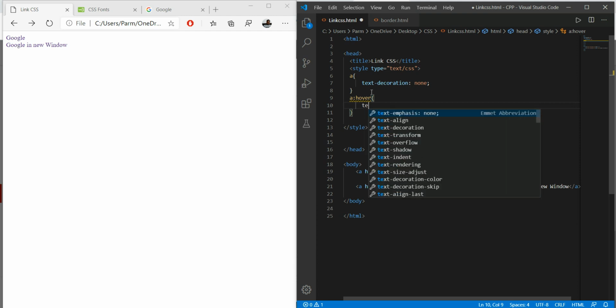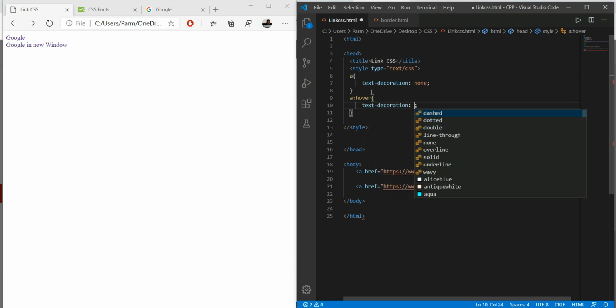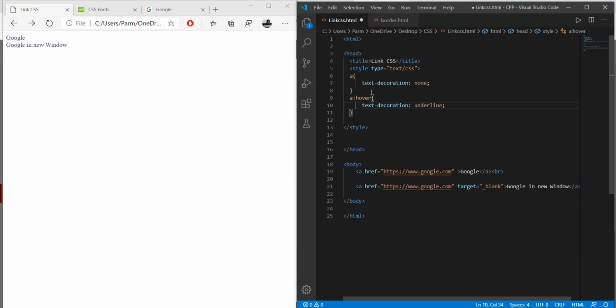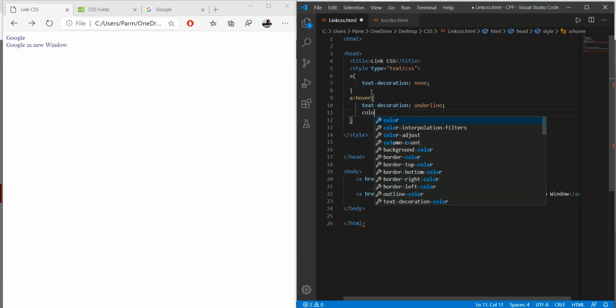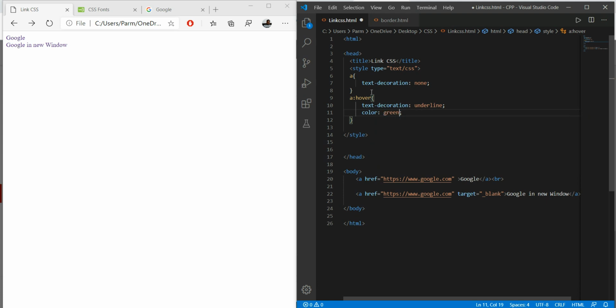This time we want text-decoration underline, and I also want to change its color, so I write color green. Save this and refresh it. Now look at the effect. When I move my pointer over the link, this is what is called the hover effect.